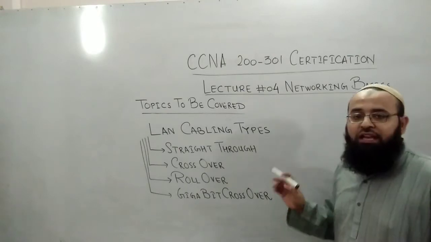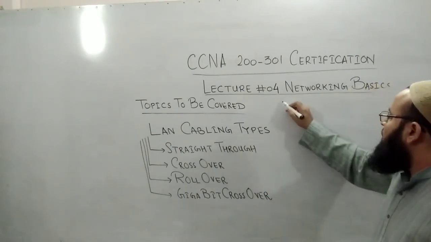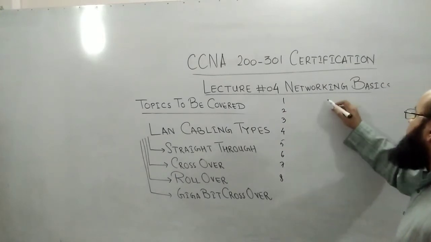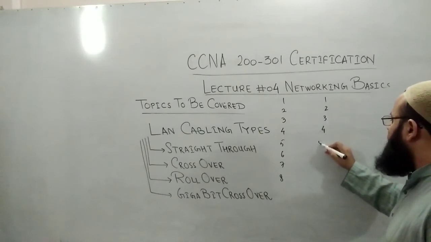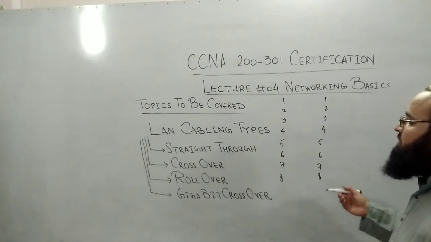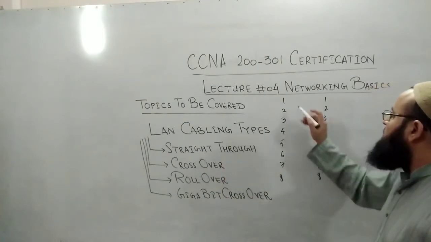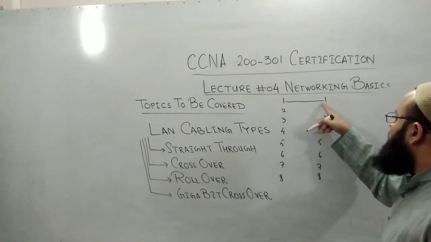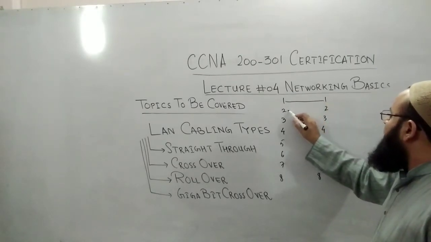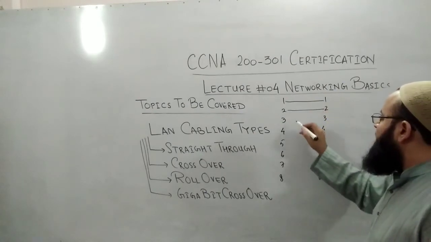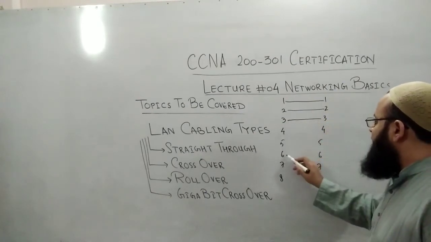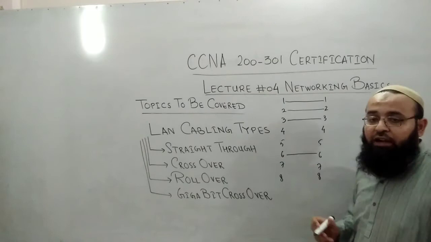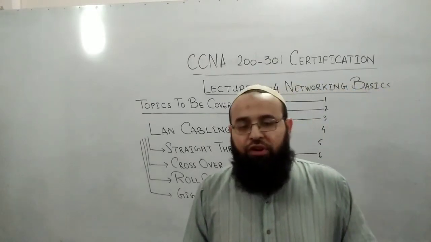As I have told you that in each LAN cable there are a total of 8 pins. So 1, 2, 3, 4, 5, 6, 7 and 8 on one side, and similarly 1, 2, 3, 4, 5, 6, 7, 8 on the other side. So if you want to develop the straight through cable, then what you have to do is to connect the pin number 1 wire to the other pin number 1, and similarly second pin will be connected to the second pin, third pin with the third pin, and sixth pin should be connected with the sixth pin. And pins 4, 5, 7 and 8 are unused in case of a straight through cable.